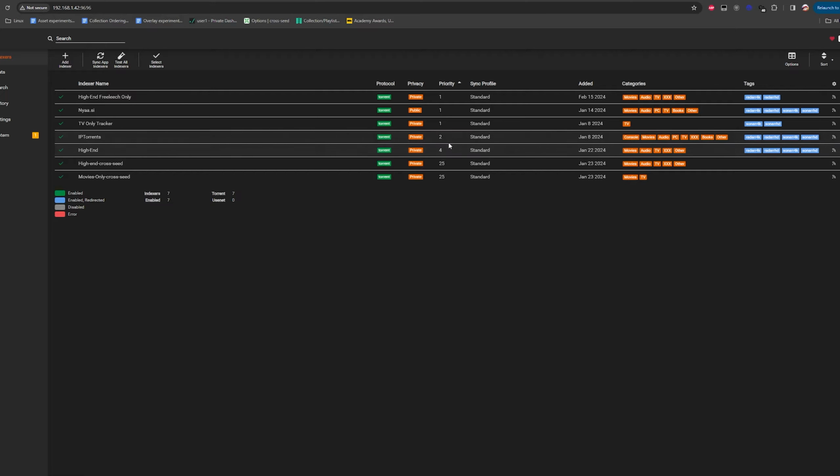Now, assuming it's not on those, then it will go to the high-end one. And the high-end is like the last resort. You know, it's not high-end because, oh, it's one of those super hard to get in trackers. It's high-end because maybe my ratio is really hard to maintain there. So I consider that high-end, or, you know, it's not indicative of me saying it's a high-end tracker or not, but that's how I refer to it. So my high-end one is the last one.